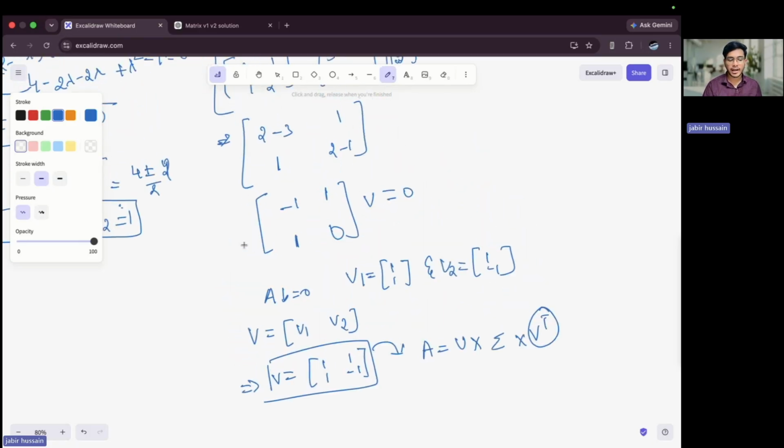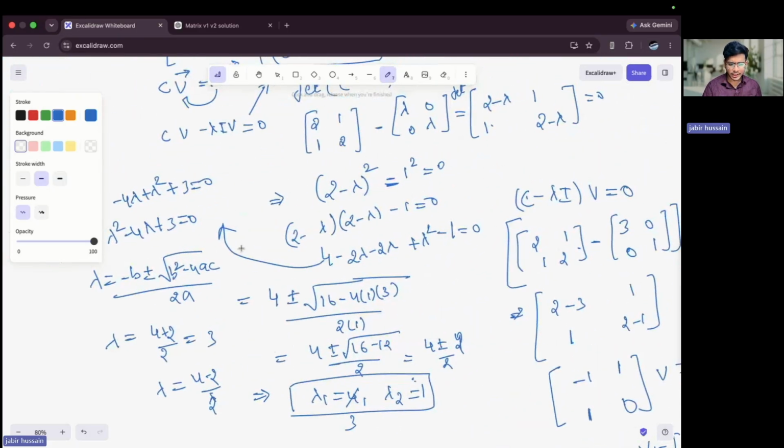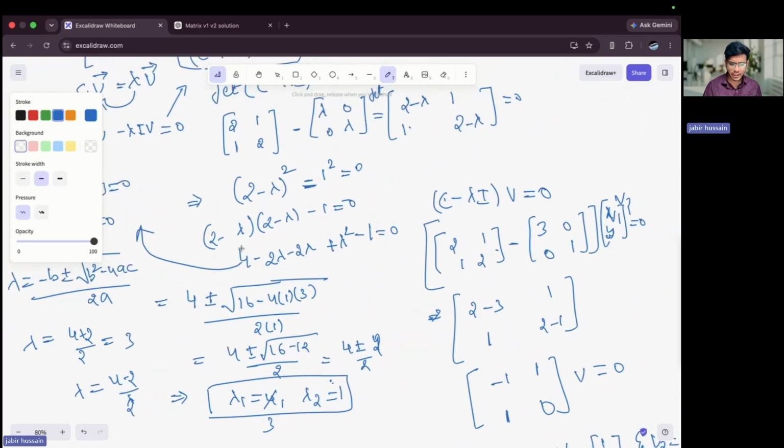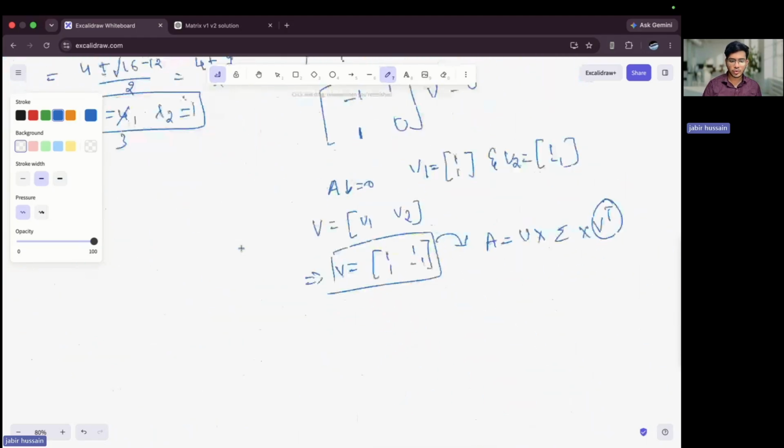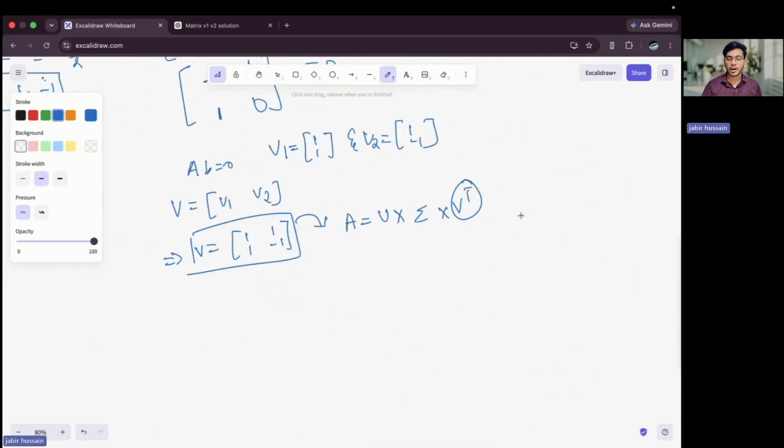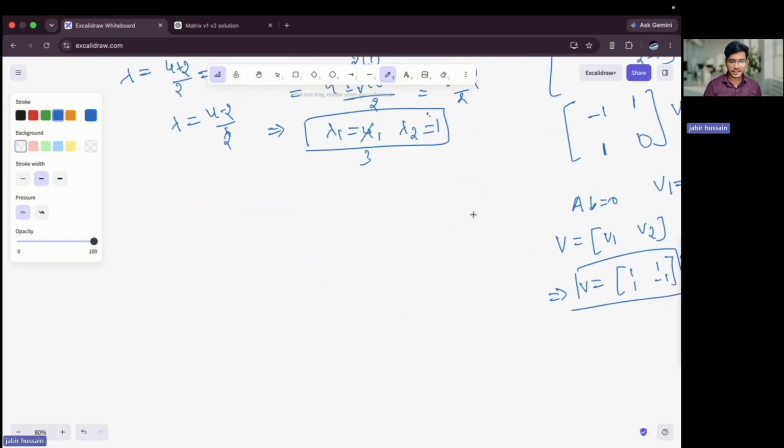So to find the eigenvector V, what we do is we take a non-rectangular matrix, multiply by AT, and you will get C, and find the eigenvectors of C. So it will give you one piece of SVD. Right, you got one piece. Now the next step, after getting one piece, is that we are going to find